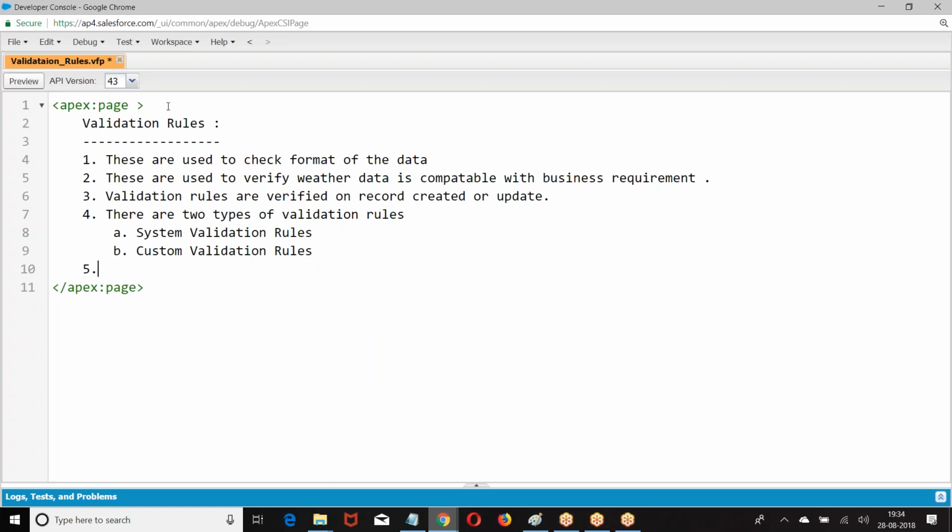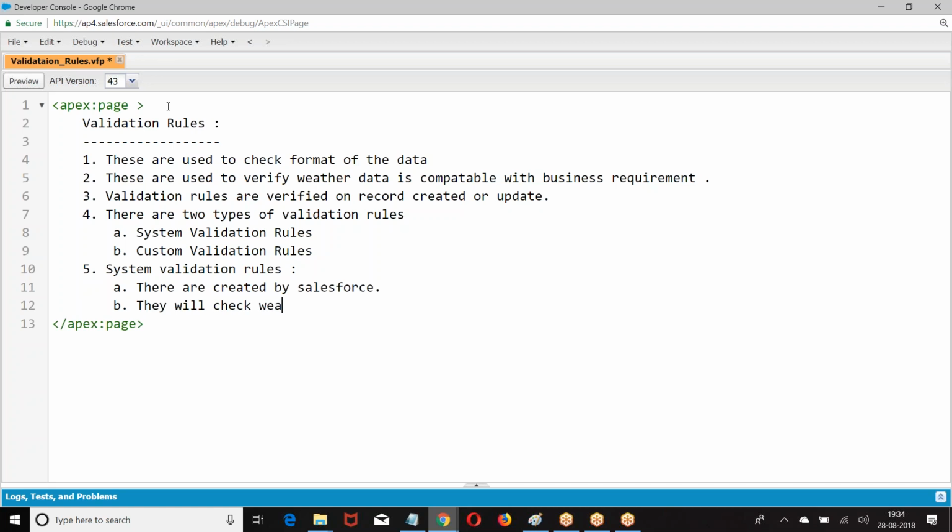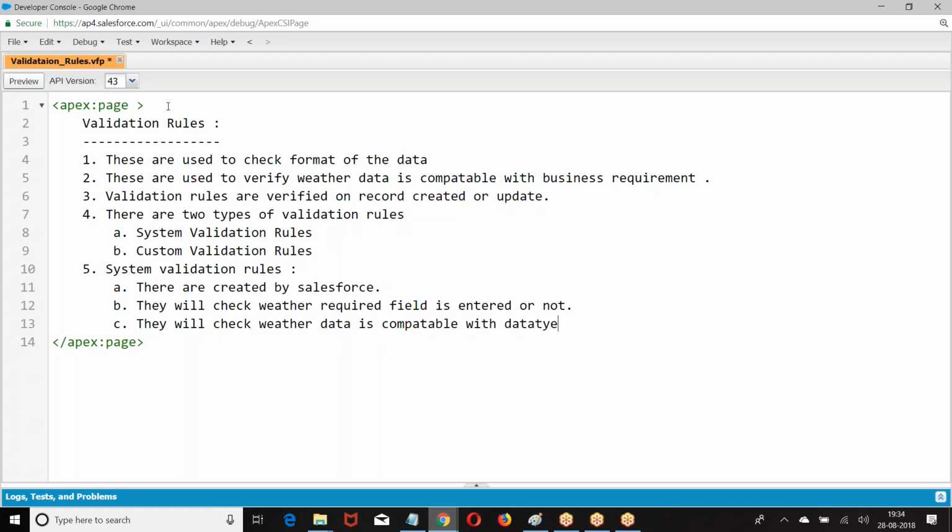What are system validation rules? These are created by Salesforce.